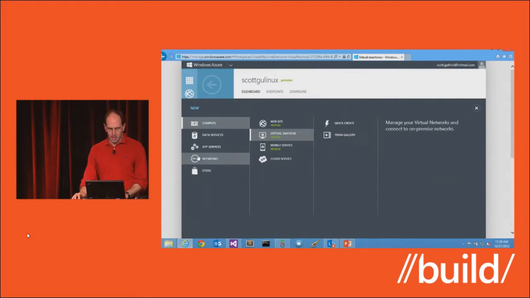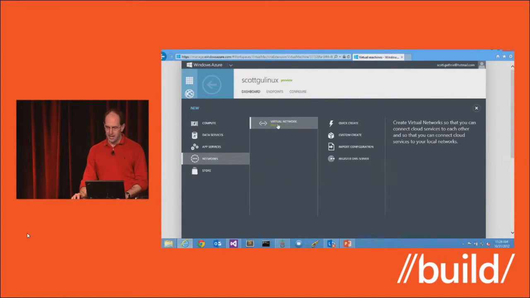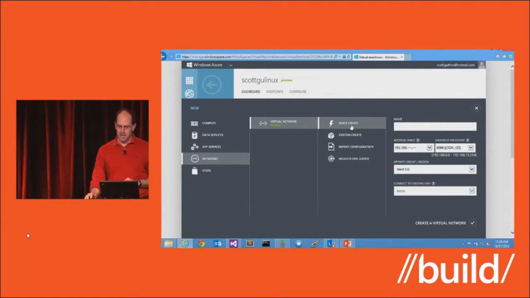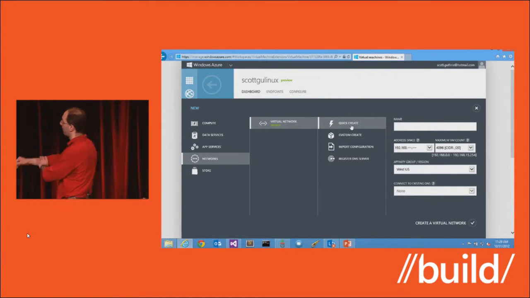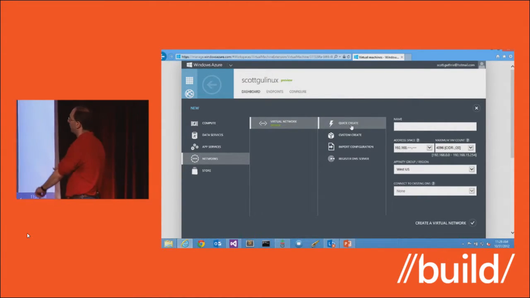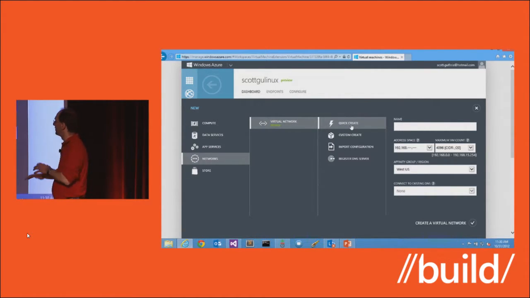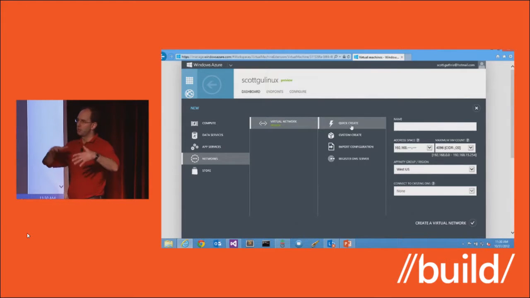Again, if you want to create a network, you can just click Networks, and you can stand up a virtual network really easily. As part of this week's update, we now allow you to stand up what's called a virtual network. So I could just say my virtual network here. And this gives you a private address space that's scoped to your applications. You can provide your own address space, or you can just use the default that we provide. And one benefit here is that it allows your machines to talk to each other without going over the public internet.